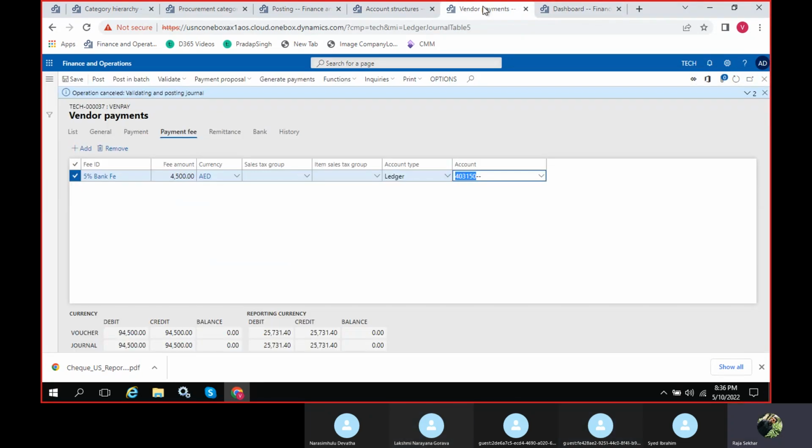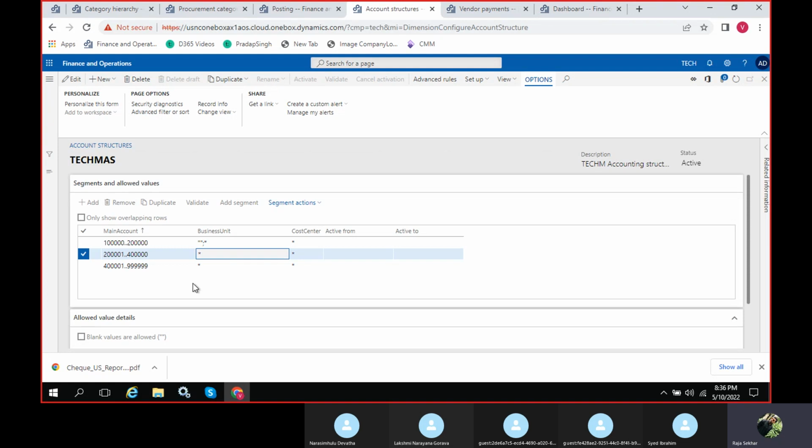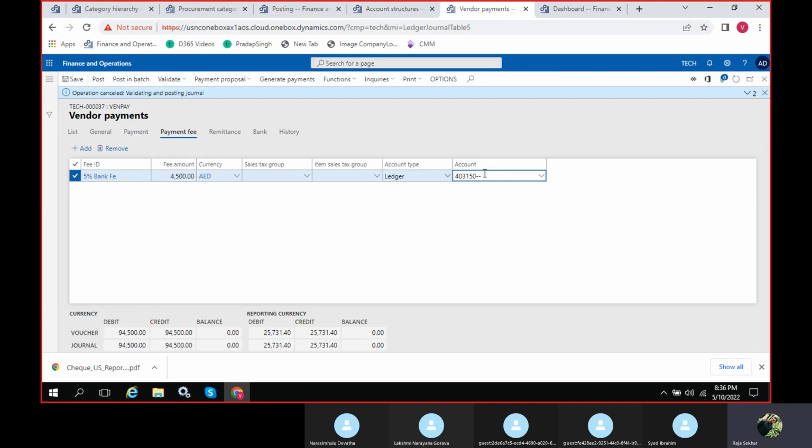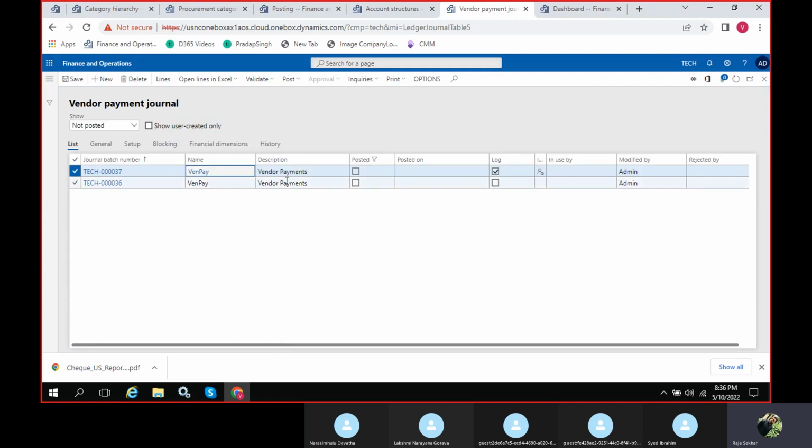So that's the reason the system is saying, boss, you kept your business unit and cost center as mandatory, but you did not update these two fields. If you keep them here as optional, the system will not ask. Since you have kept them as mandatory, it is asking.